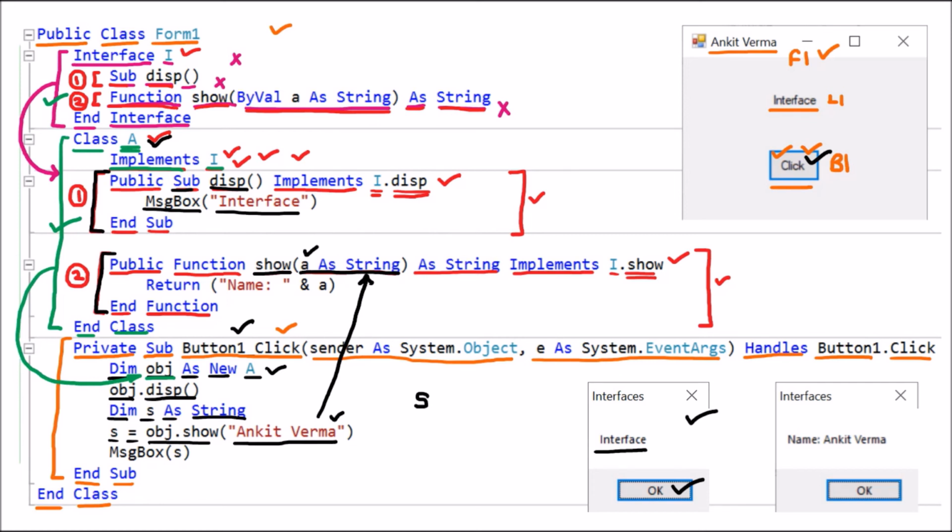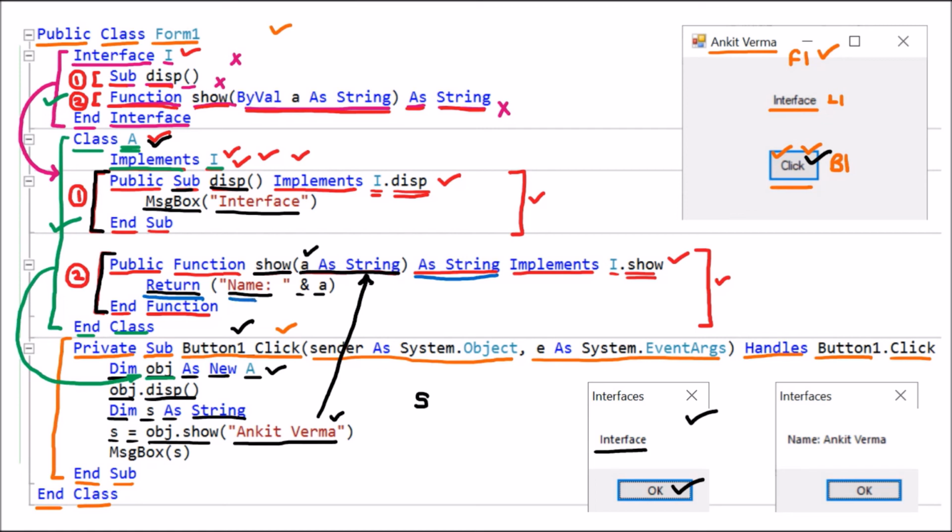Then inside that we have return name colon concatenated with the name, which is Ankit Verma. So name colon Ankit Verma is going to be returned. The return keyword is used because we have provided as string, which means this function is going to return something.